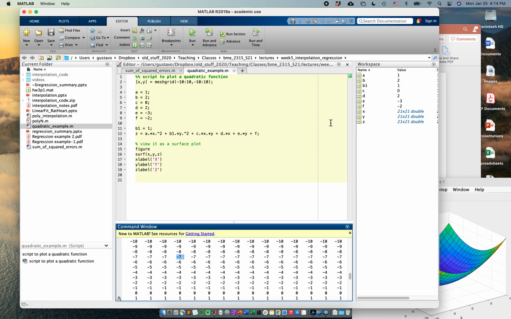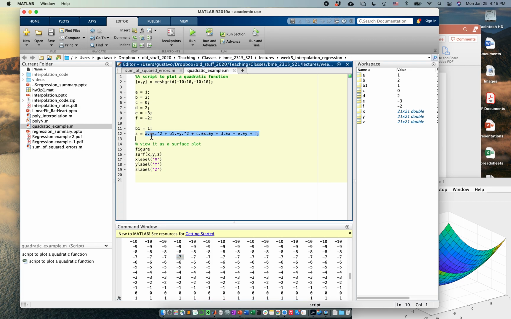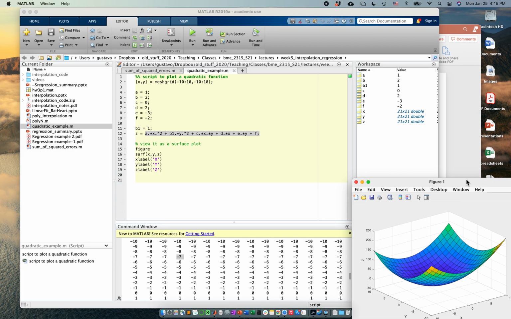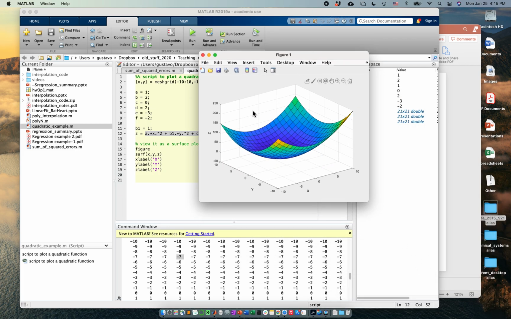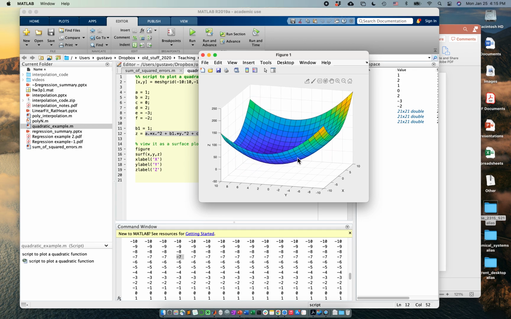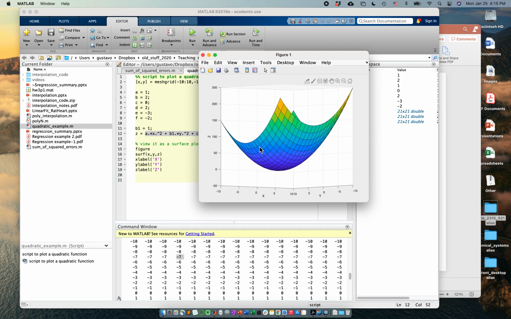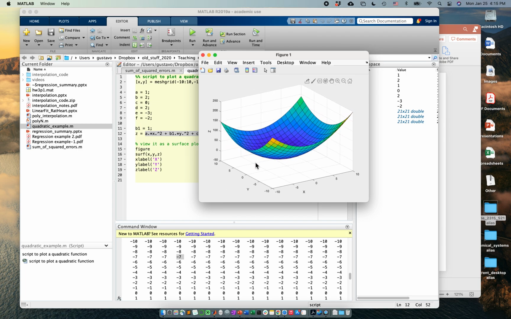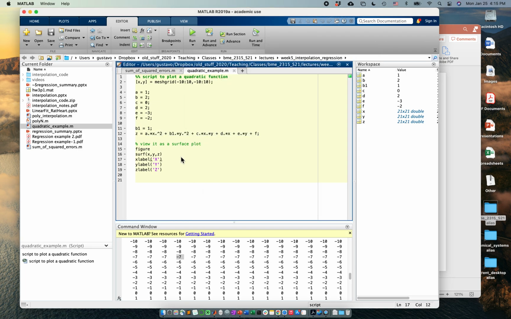We program the z function, which is just a polynomial on these coordinates, and then we plot, and here is our plot. And you can see this is a general plot of a two-dimensional quadratic function. Of course, plotting in 3 dimensions, 4, and so on becomes very hard, but in 2 dimensions we can still do it. And the nice thing about Matlab is you can click the mouse and just rotate and see this quadratic function from all sorts of angles. So this is a general script that you can use to program a quadratic function. So let's go back to our problem,